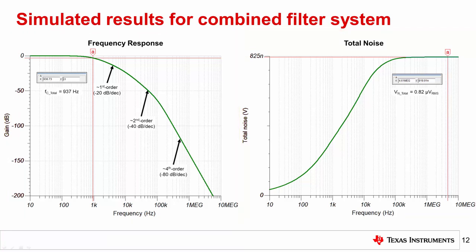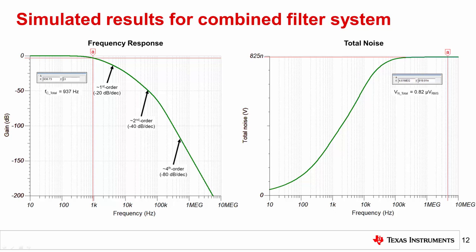Comparatively, the theoretical model predicted a filter cutoff of 1 kHz and 0.84 microvolts of RMS voltage noise, so the assumptions about which filter dominates in a multi-stage filter system proved to be valid with an error of only 20 nanovolts. This small discrepancy between the theoretical calculations and the simulated data results from the assumption that the system frequency response would depend solely on the filter with the lowest cutoff frequency. In reality, this was not completely accurate, such that the downstream filters actually did affect the cutoff frequency.